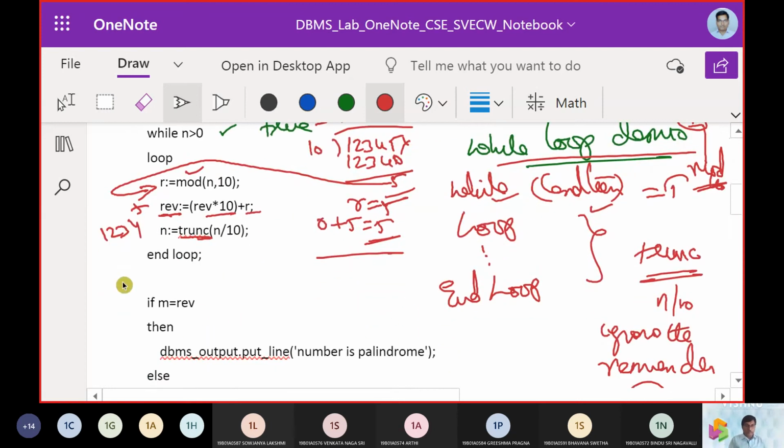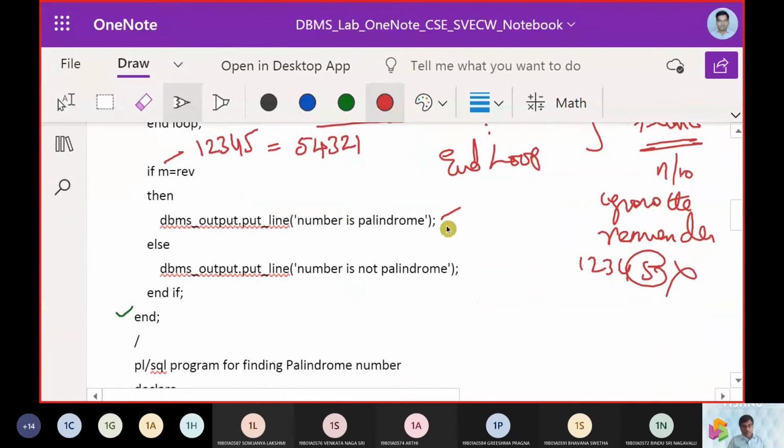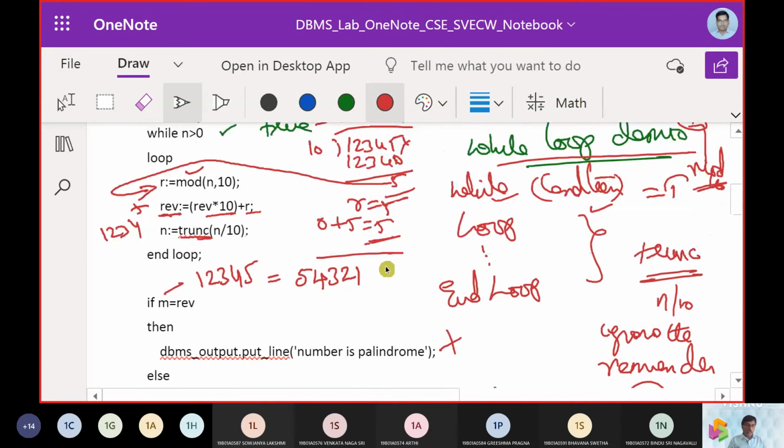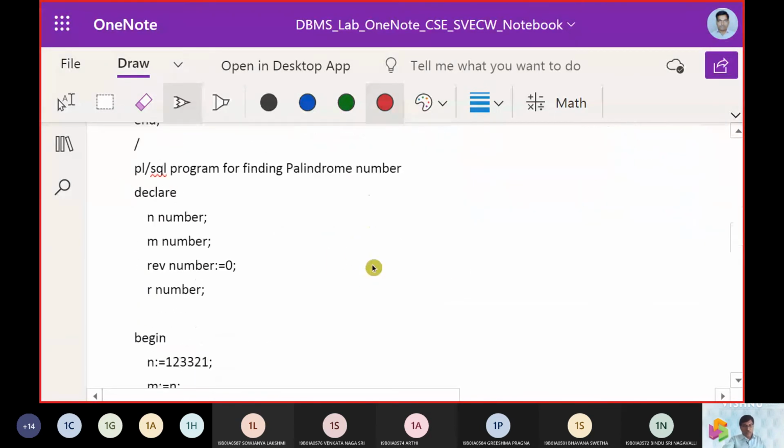And what is m? The m value was 1, 2, 3, 4, 5. What is the reverse value? The reverse value was 5, 4, 3, 2, 1. If both of them are equal, then the number is a palindrome. If they are not equal, the number is not a palindrome. So this is case number 1. What is the second case we will take up?